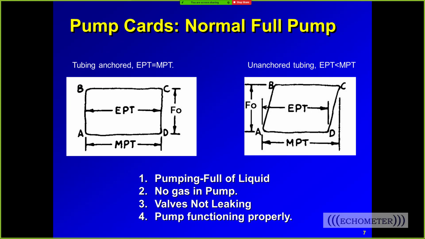Daryl is asking if you have an animation or pump card for a well which has paraffin buildup. What shape of pump card will I have to look for? We talked about that in one of the first Ask Echometer sessions, and it's called mechanical friction. And so when you have paraffin, the paraffin usually occurs near the surface when the surface cools off and causes paraffin to deposit. So maybe in the top 1,000, 2,000 feet, once the paraffin can appear at the appearance temperature, then you start to get a coating of paraffin,